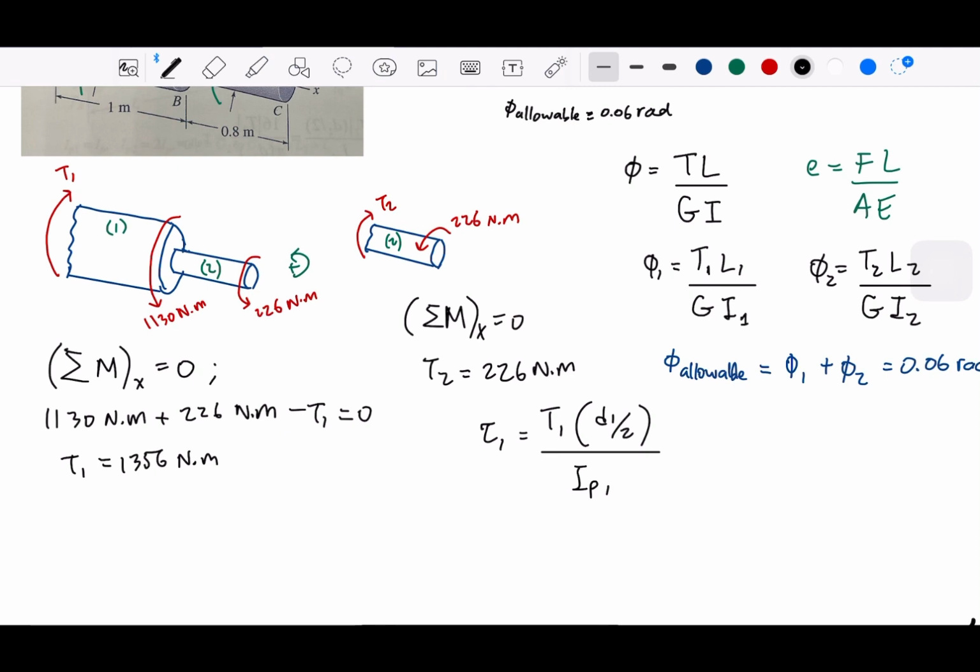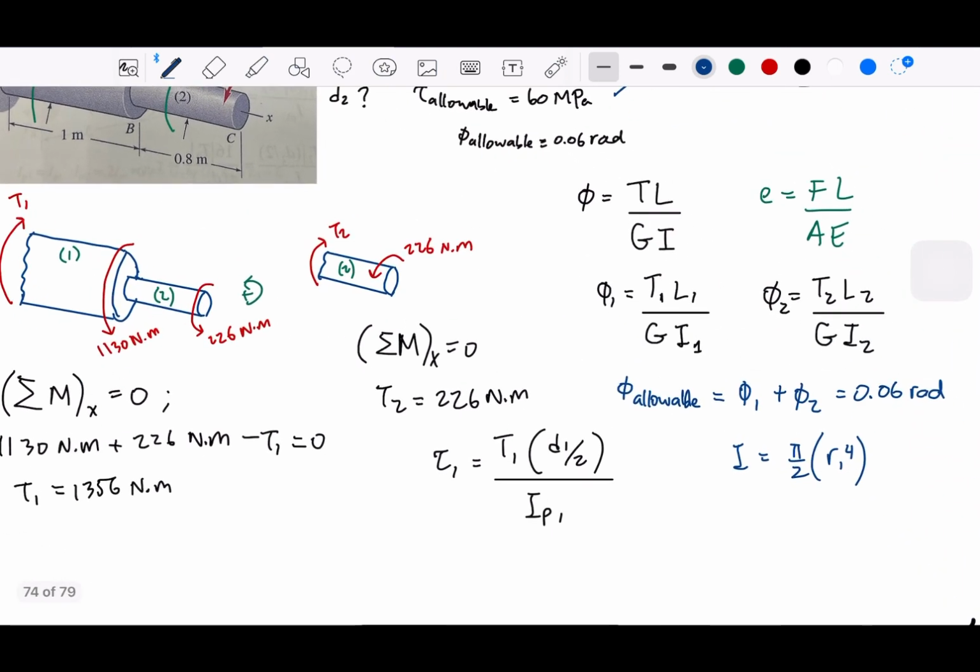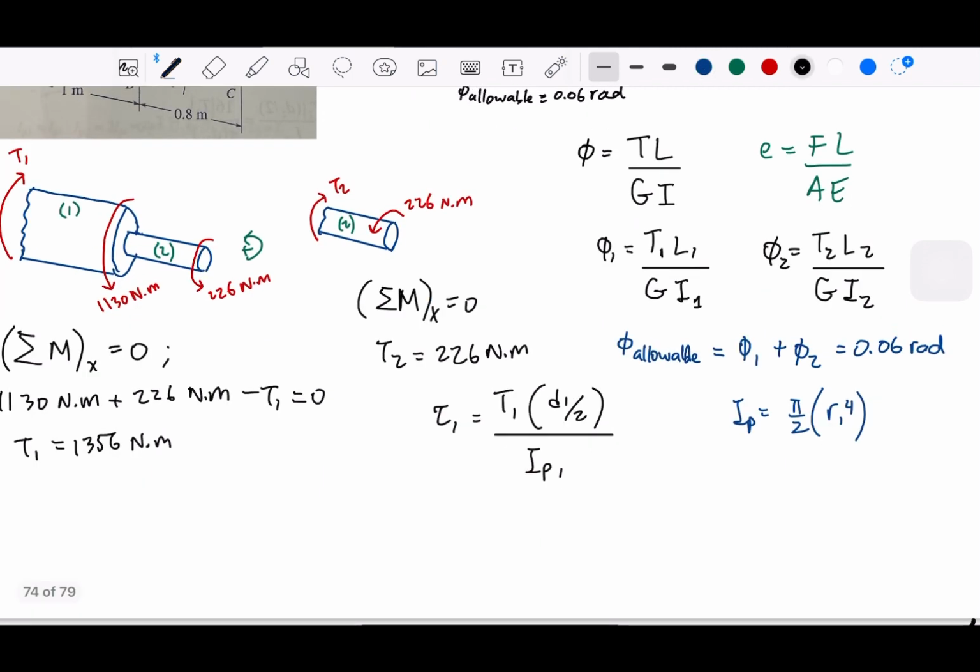And the inertia is, if you remember, pi over 2 and then r to the power of 4. If it is hollow, then we need to subtract, outside radius minus inside radius. If it is solid, I think this is solid, right? So we can just use this for the polar inertia. Then we can write